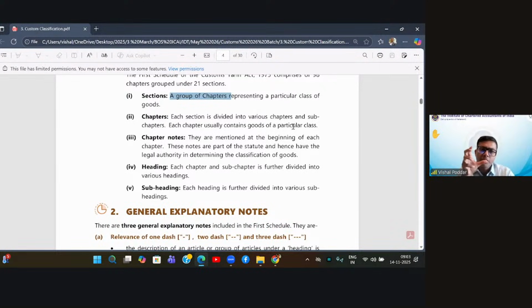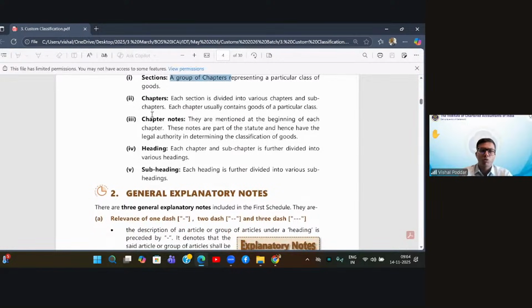Like in our syllabus also, similar concepts are put in one chapter. So we know, okay, this chapter will be dealing with these concepts. Similar concepts, similar provisions are put in one chapter. In the same manner, similar goods are put in one chapter. Now, what is important is the notes given. Every section has a note, which is called section note, and every chapter also has a note, which is called chapter notes. These notes are the most crucial things for understanding what is covered under which chapter.